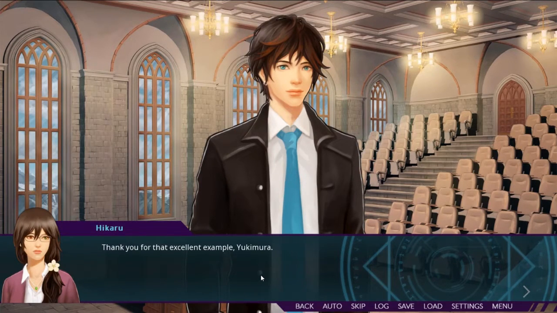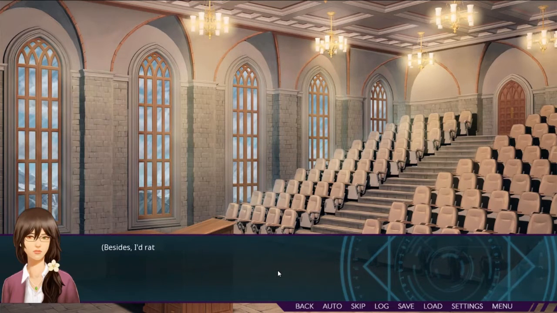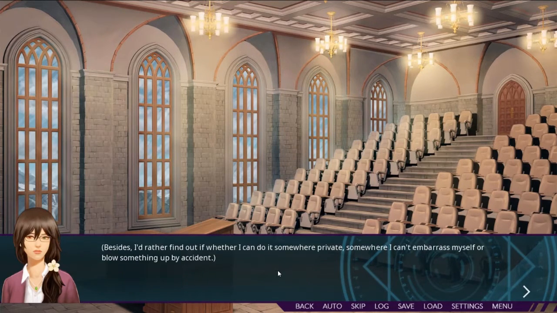Thank you for that excellent example, Yukimura. To form a functional weapon out of ice, it takes a lot of skill, and it takes even more to get it into the desired shape. Now, out of those here who are cryokinetics, would any of you like to try making something? Many hands go up, but I make no attempt to move. Knowing that I can't make ice, it seems rather pointless to try and volunteer. Even if I did volunteer, who knows what could happen? Besides, I'd rather find out whether I can do it somewhere private, somewhere I can't embarrass myself or blow something